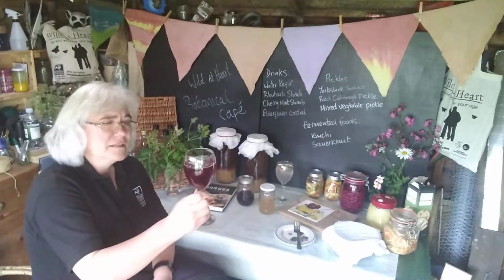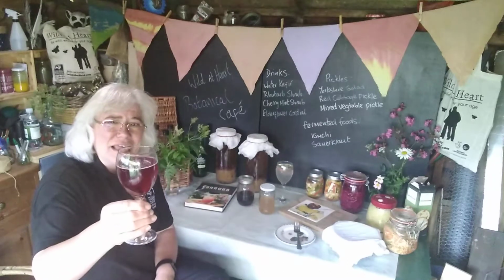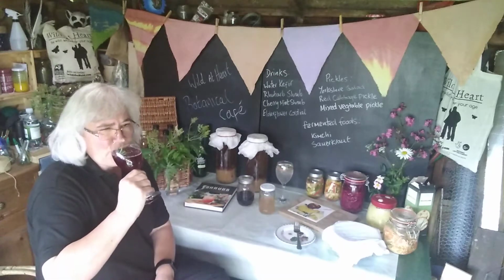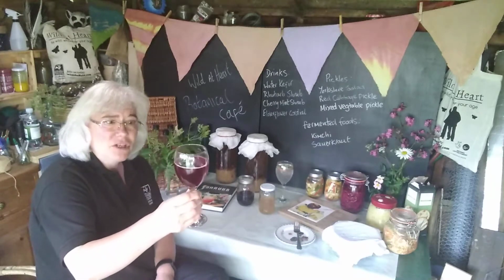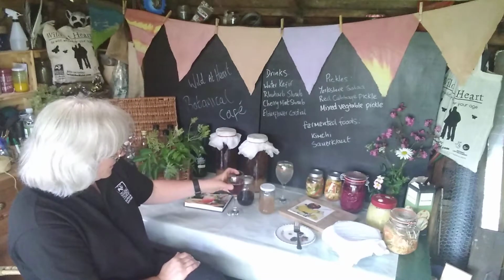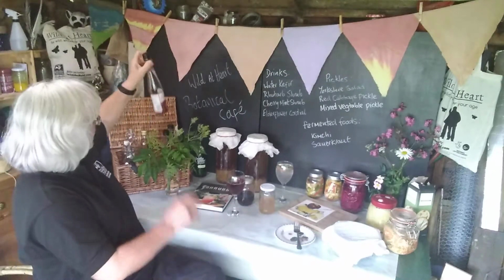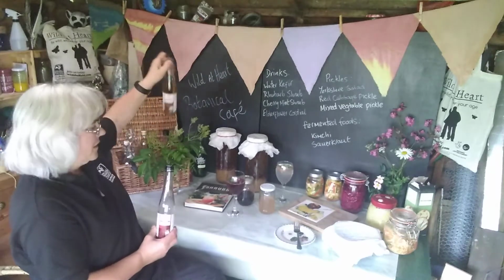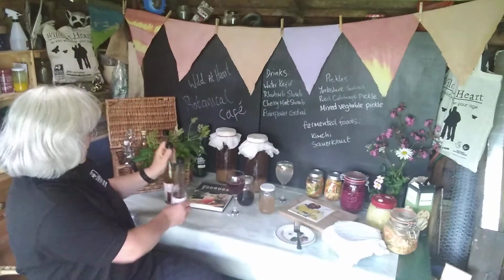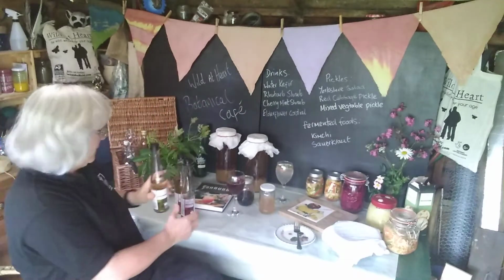I add fizzy water to this, carbonated sparkling spring water, a few of the cherries in there, some mint on the top, and you've got a delicious, unusual drink, because you've got that tang of vinegar in the back there, that's very mild. And I should say it's not malt vinegar, the brown stuff that we usually use, but if you use things like red wine vinegar or cider vinegar or white wine vinegar, they're comparatively low cost,